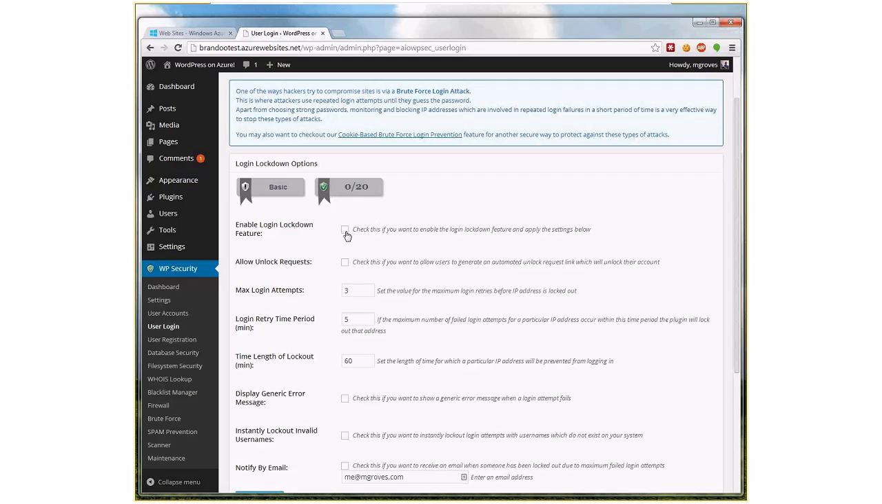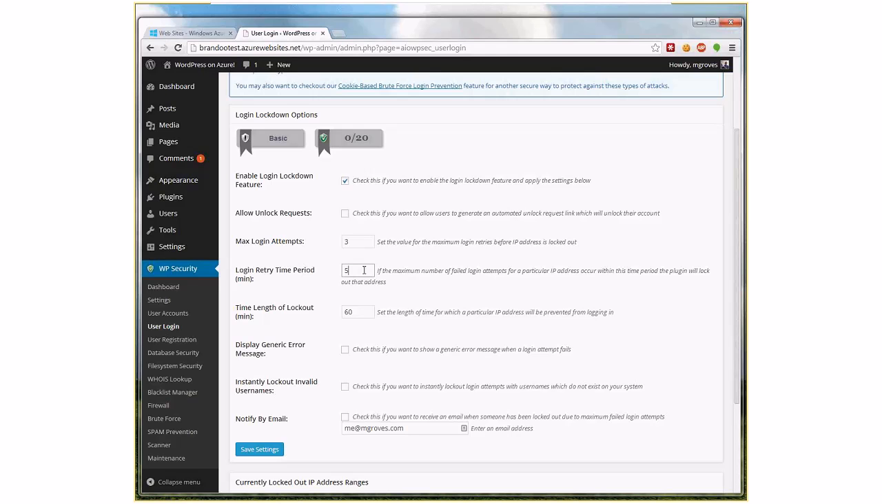So I want to enable lockdown. I want to allow a maximum of 3 login attempts. So if you're trying to guess my password, as long as it's a good password, it's going to take you more than 3 attempts to guess it. So after 3 attempts, we're going to lock out your IP address from trying again. And that's 3 attempts over a 5-minute period. And you'll be locked out for 60 minutes, which is more than enough to deter automatic password guessing robots from